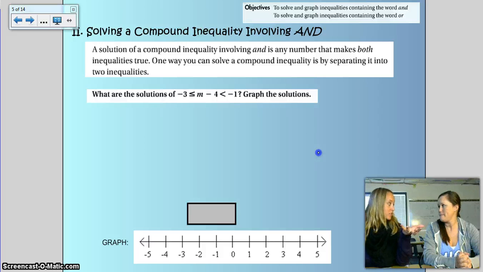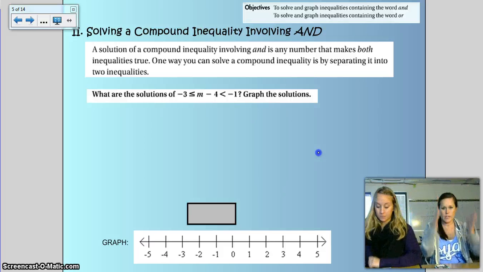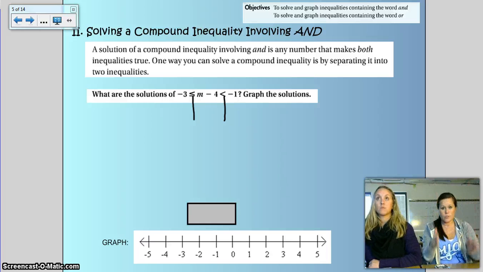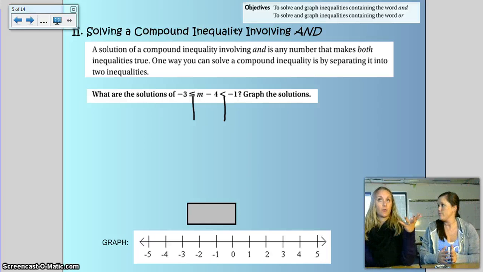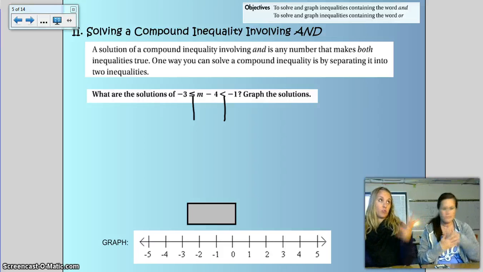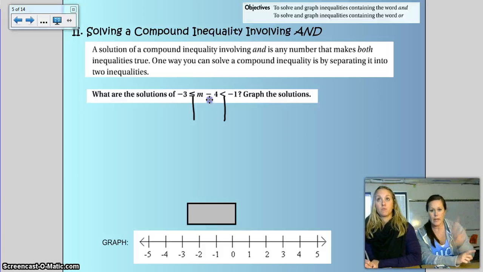Now we have to solve this. This is a problem like we've been solving forever, but now we have to do it to 3 sides. Remember how we taught you to draw those lines down? This is where it's really important that you actually do that. So on my inequalities, we draw the 2 lines down. -3 is less than or equal to m minus 4, which is less than -1. I want the m to be by itself in the middle. Our goal is the exact same that we've been doing all along in this class: isolate the variable. I need to get rid of the -4